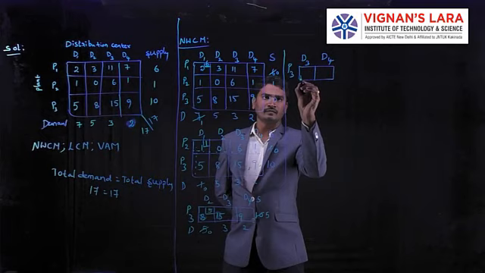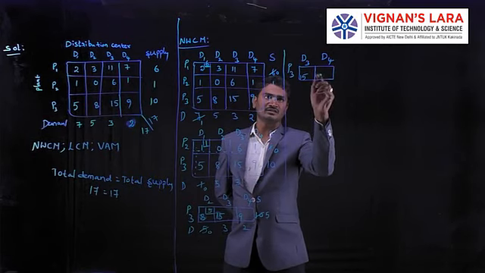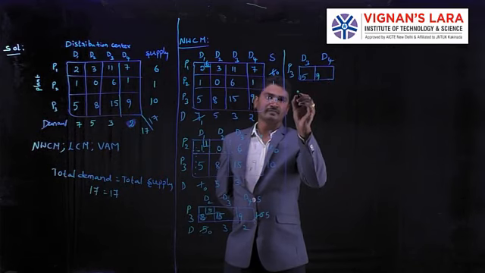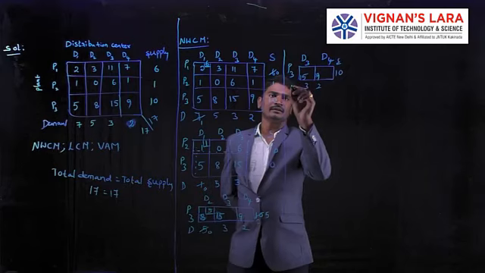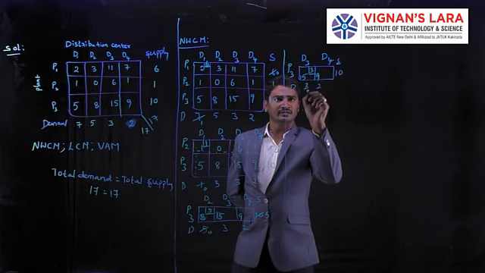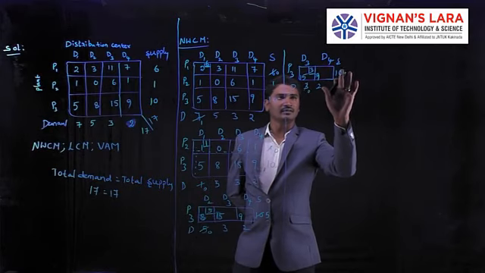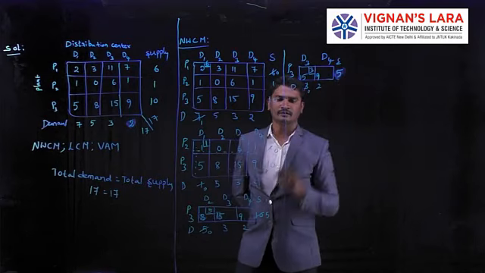Here 15 units, 15 rupees and 9 rupees cost is there. From this, demand is 3 to 10, supply demand. Here again I am going to take the northwest corner, 3 units, 0. After supplying here we have only 5 units.